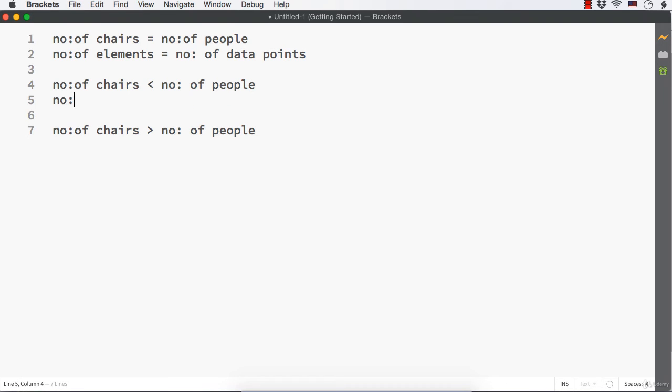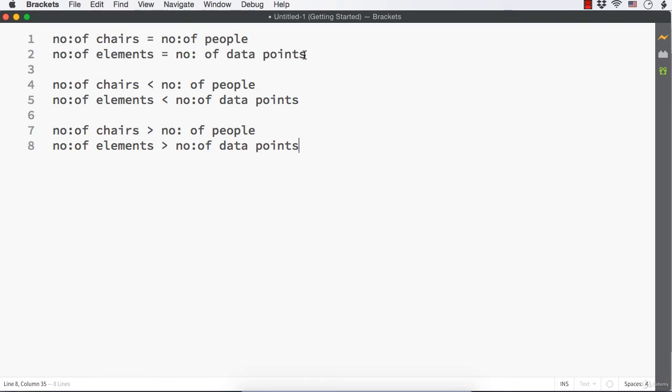Next, number of elements is less than number of data points, which means we need to have more elements to correspond to each data point in the array, right? The last case is number of elements is greater than number of data points, which means we need to remove the extra elements.